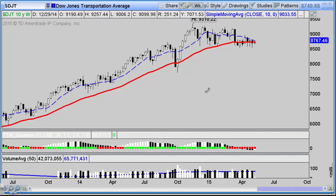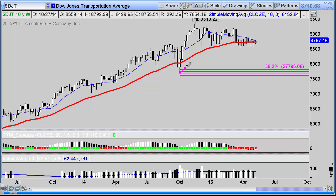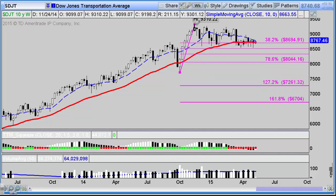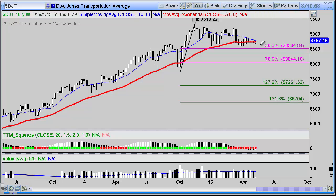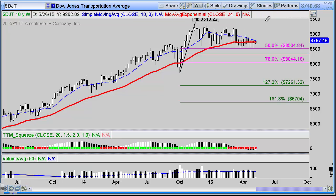When we come down to the weekly chart, it's very easy to see the major swing low to swing high here. And I think this is a very interesting and important chart to follow for a couple of reasons. The first is you're right on top of this 50-618 retracement zone. As long as the transports can hold this, it's telling us that this bullish advance has not seen the end of its push, and especially since we have the weekly squeeze, I'm looking for a bigger than expected